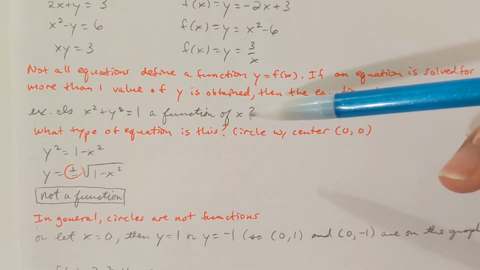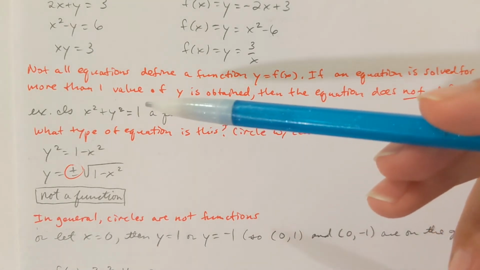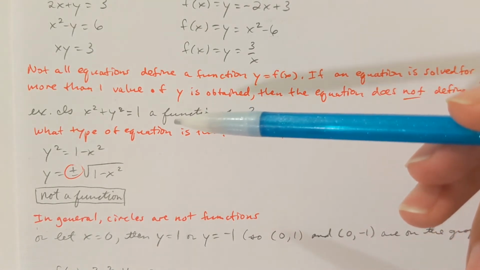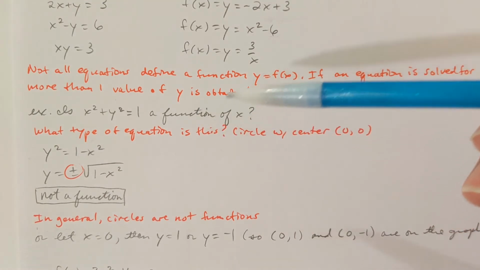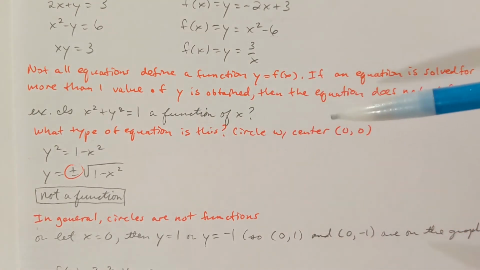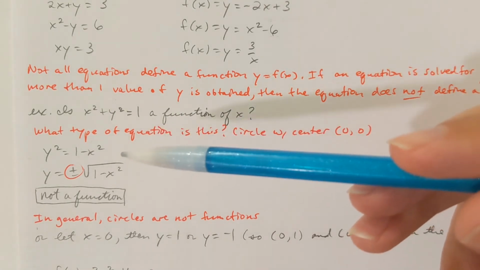Is x squared plus y squared equals 1 a function of x? What type of equation is this? This is a circle that is centered at the origin, (0, 0). (x minus h) squared plus (y minus k) squared equals the radius squared is the general formula. h and k are both 0. r is 1. So if I solve this for y,